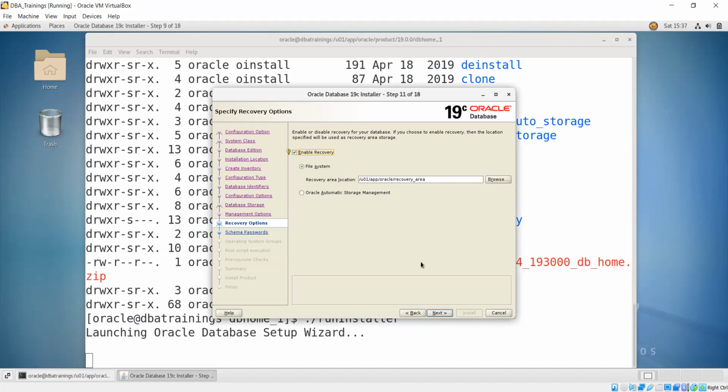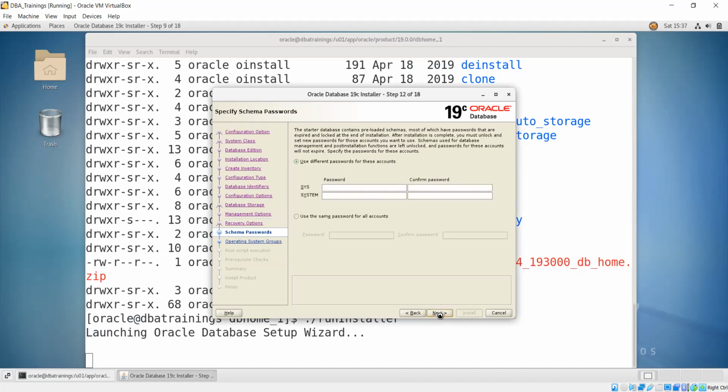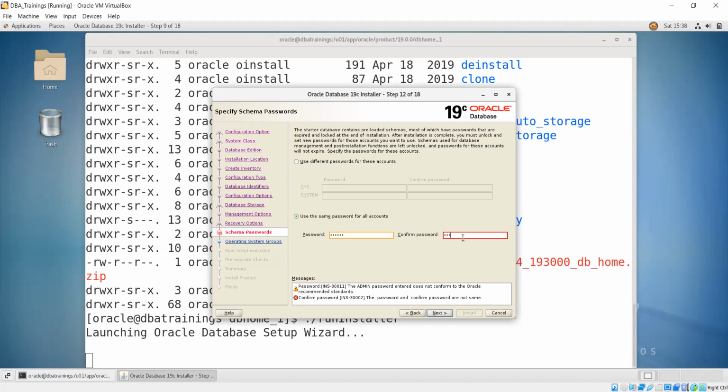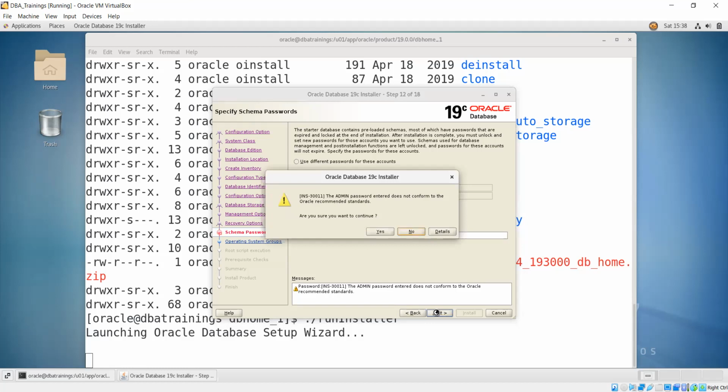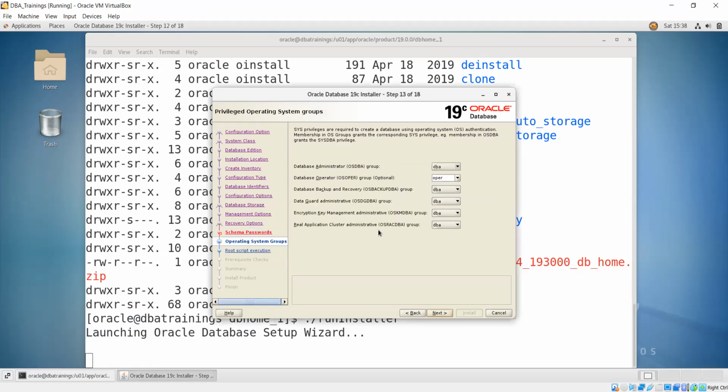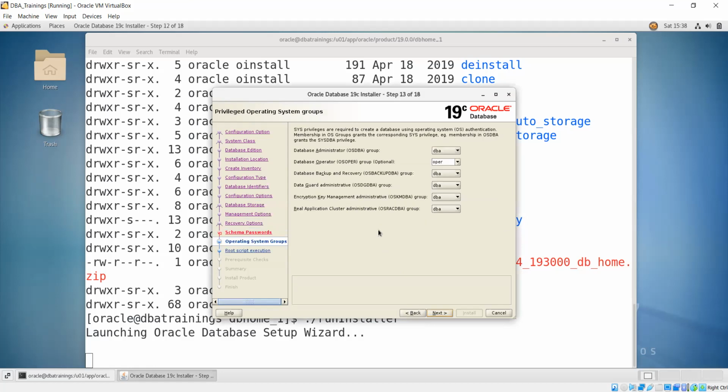I am not using ASM, so I don't want ASM here. This will ask me the username and password, so I am giving the same username and password for both users, as per, like we have installed RPM into root directory, RPM base Oracle 19c, if you remember. Click on the next. Of course the password I have not given as per the Oracle recommendation. No special character, no numbers, that's why it's giving a message. No problem at all. So now we are ready for installation.